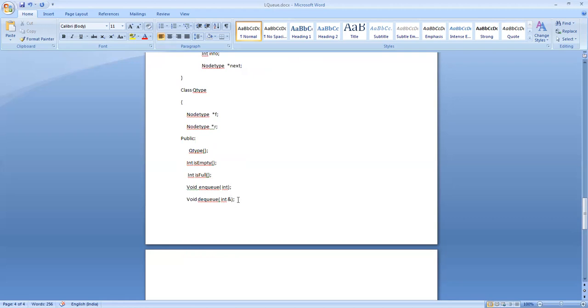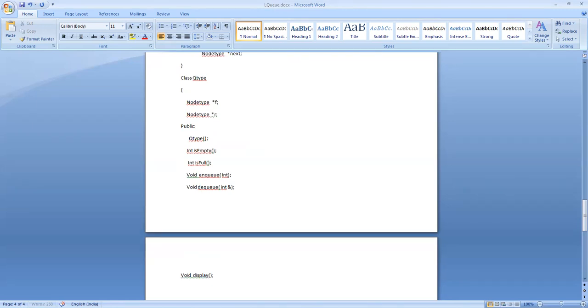Two-way communication, called by reference mechanism. Then I want to display the contents of that queue. So void display the contents of that queue. That's all. These are the things that I want. Okay.